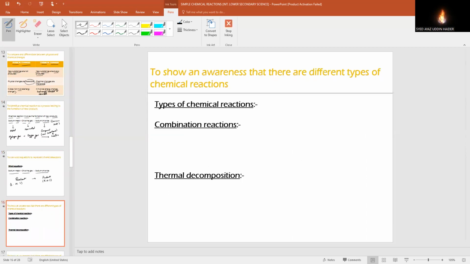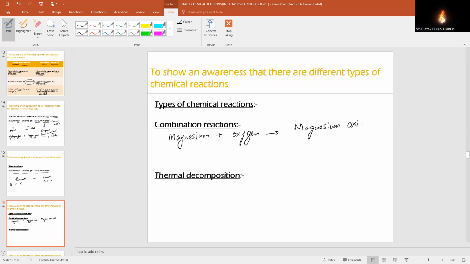Types of chemical reactions. Combination reactions. A combination reaction involves the formation of a single product. For example, if you react magnesium with oxygen, you will get only one product. So we call it a combination reaction. Magnesium